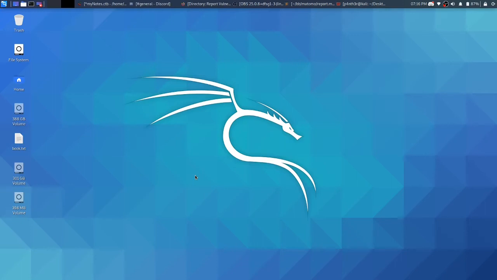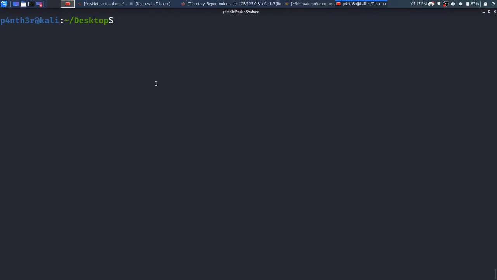In this video, I am going to show you how to use the less command in Linux. The less command is used to view a text file. You can also view a file with the help of the cat command, which I showed you in my previous video. But the less command has some more features. So let me show you how to view a file with the help of the less command.